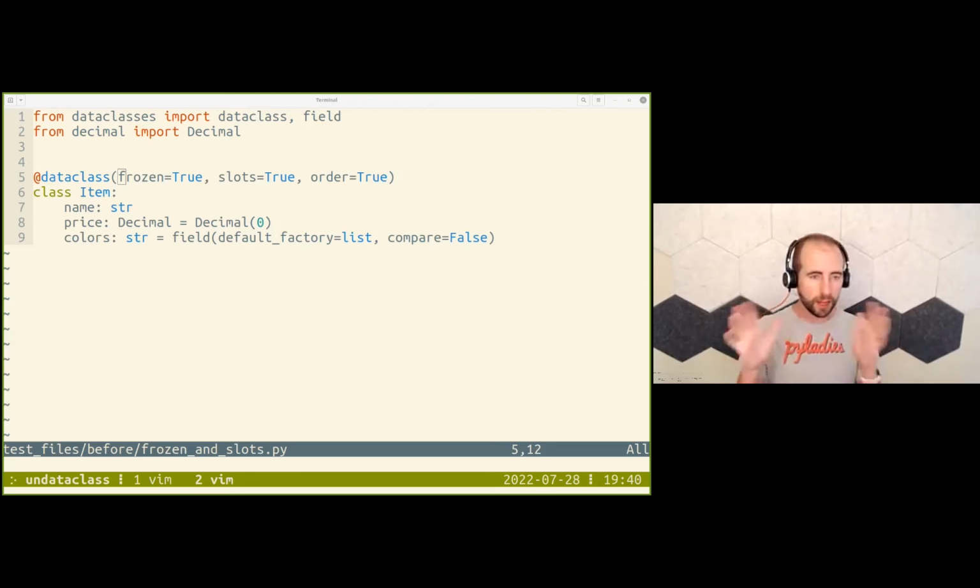Now, I'm not going to talk about this tool per se. Rather, I want to talk about something I learned while making the tool. I made this not because I don't like data classes. I love data classes, but I teach Python